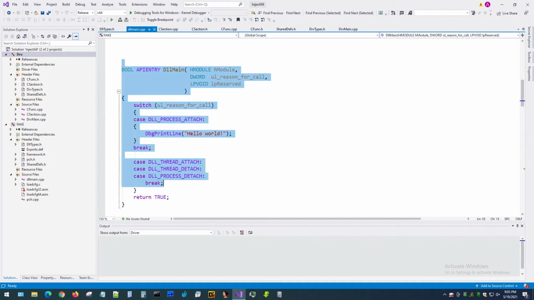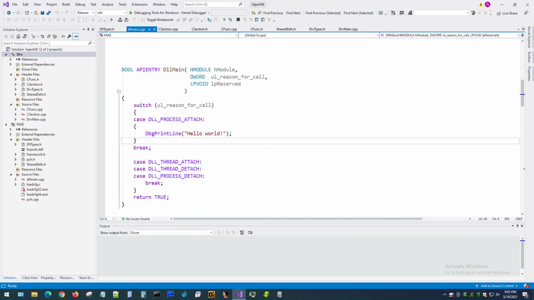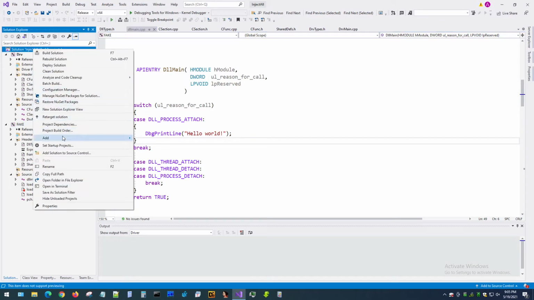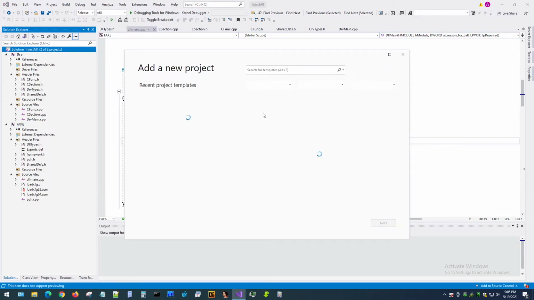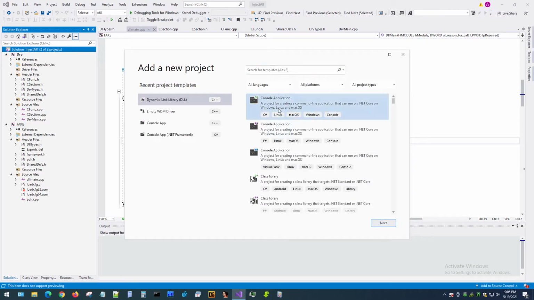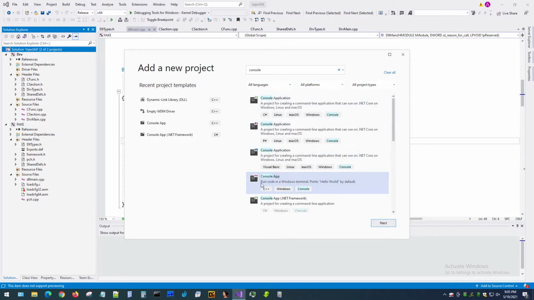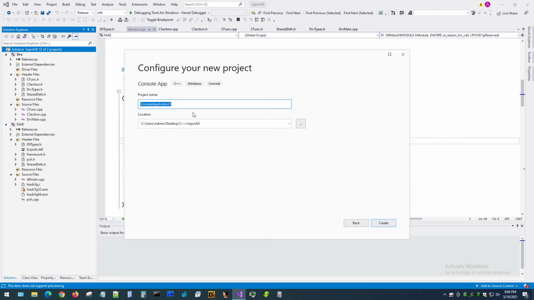So today I want to expand it a little bit and show you, first of all, how you can test this DLL, because obviously you can't inject it into all files. You need to test it first. Now to do that, I usually create a simple console application as a separate project, and what you can do, you can just type console, and we're not looking at C#, but instead console app C++ for Windows,